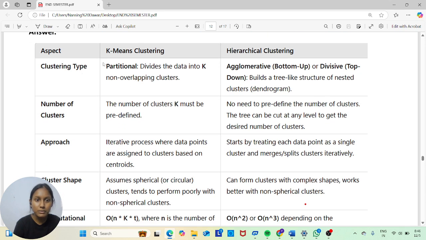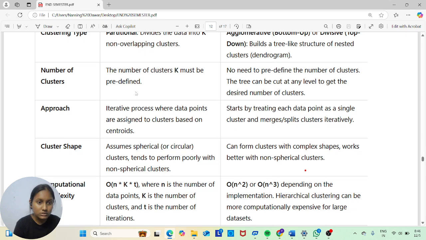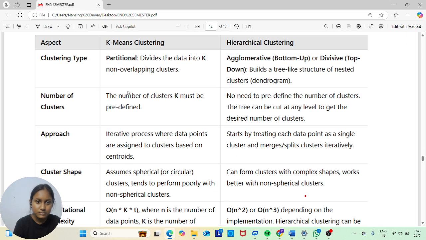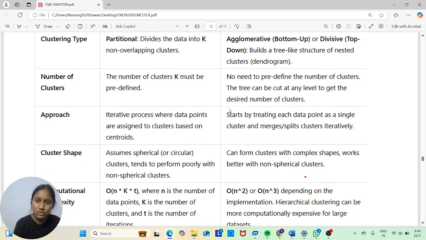Aspect: clustering type. K-mean clustering is partitional: it divides the data into k non-overlapping clusters. Hierarchical clustering, agglomerative (bottom-up) or divisive (top-down), builds a tree-like structure of nested clusters. Number of clusters: in k-mean, we have a predefined number of clusters, and in hierarchical, there is no need to predefine